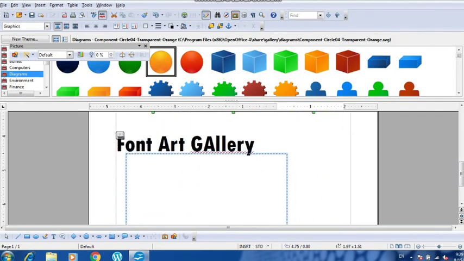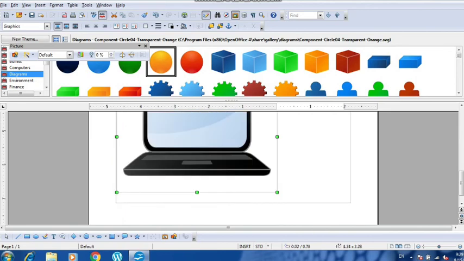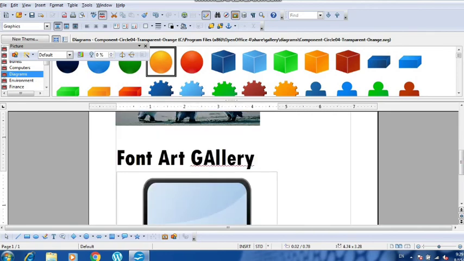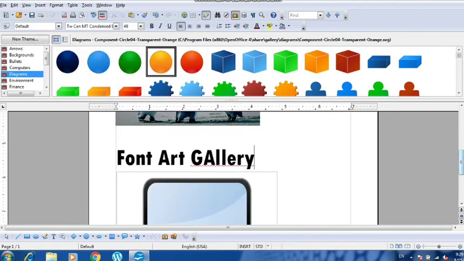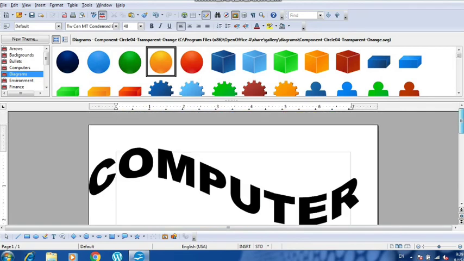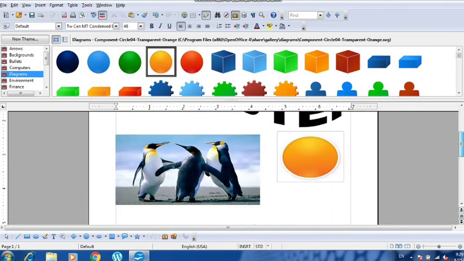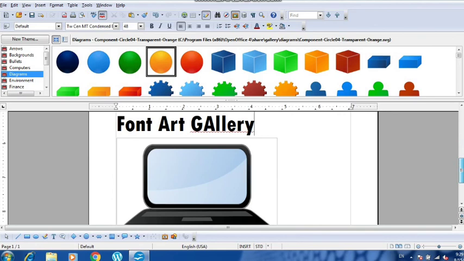If you want to arrange them all, just click and drag with the help of the left mouse click. It is easy to position the different shapes or images from the gallery or from a file which you have inserted into your OpenOffice word processing document.